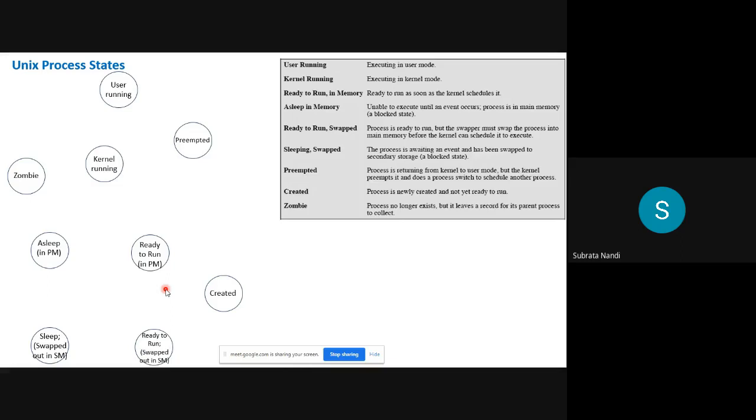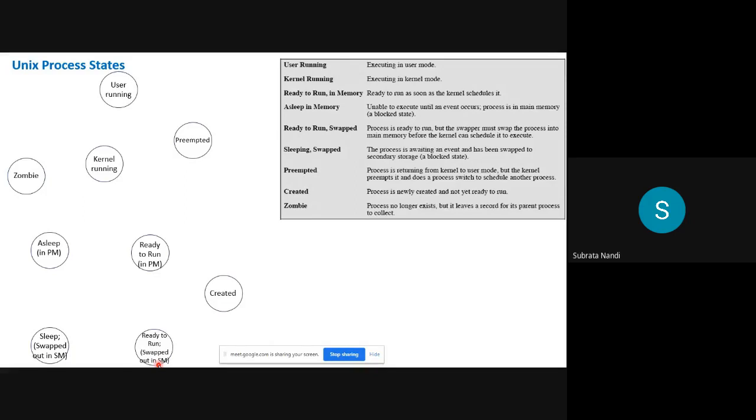And because it is time shared, they all know that within a finite delay, the CPU will be switching from one process to another, and eventually they will get some chance to get executed. So this is a queue. This state means the process is enqueued in that ready queue. Same in the case of preempted. We will come to it later on. So here it means it is ready to run. It is in the ready queue, but